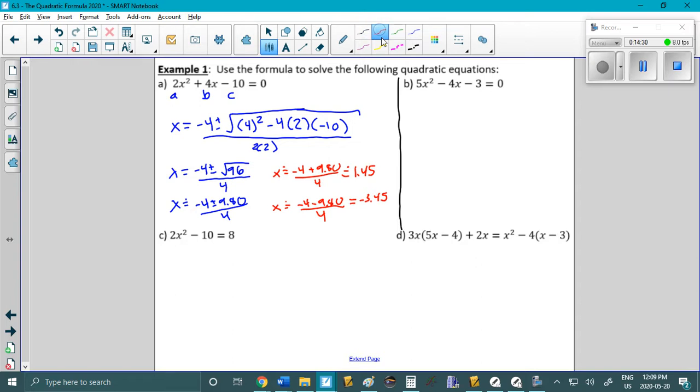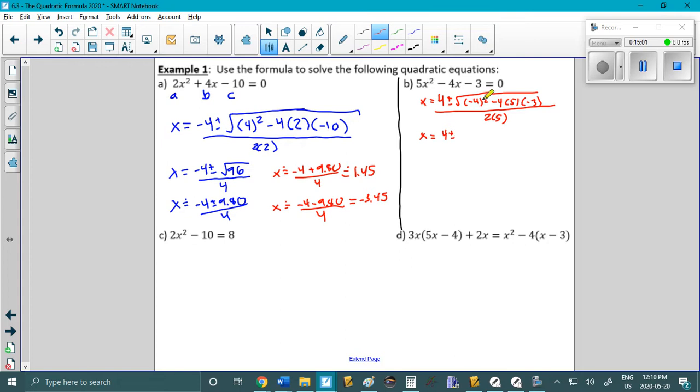All right, part B. Again, please pause it and try it. Here we go. X equals negative b. Well, b is negative 4, so this is going to be positive 4, or negative negative 4, plus or minus the square root of b squared. Now, it doesn't matter that b is negative under the root sign because you square it anyway. Minus 4ac, all over 2a. So x equals 4